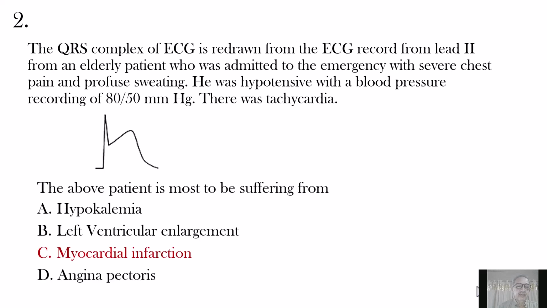This is a classical finding within hours of the onset of the infarction. There is cell death due to severe ischemia of part of the myocardium, which is called myocardial infarction. The typical symptoms are tightness or pain in the chest with profuse sweating, which may lead to hypotension or decrease in cardiac output, cardiogenic shock, with tachycardia. This typical picture occurs not immediately; after a few hours you see this ST elevation. Sometimes you miss the ECG changes if a person comes very early, but because of other investigations you can diagnose